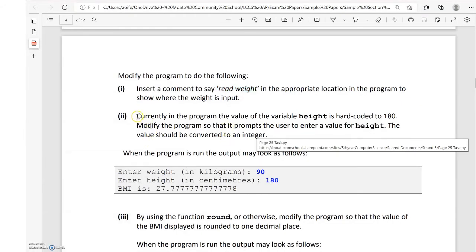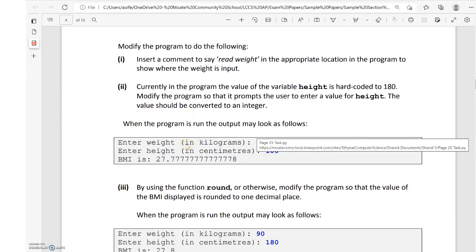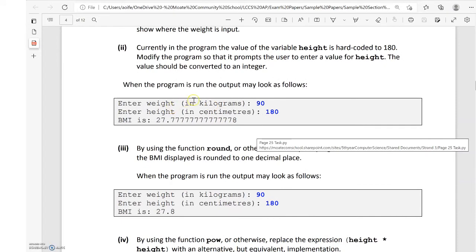It says, part 2, currently the program, the value of the variable height is hard coded to 180. Modify the program so that it prompts the user to enter the value for height. This value should be converted to an integer. When the program runs, it should look as follows. Enter the weight in kilograms is 90, enter the weight in centimeters is 180, BMI is